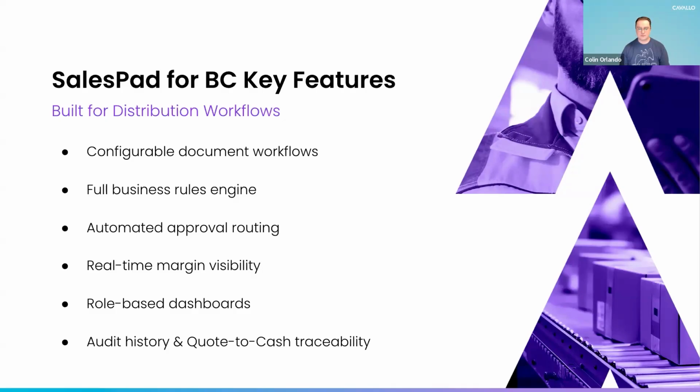And then role-based dashboards, so the ability to see based upon your role in the org, and then understanding the history of what happened. If I want to look at an order from front to back and understand what happened during the process, if there was a discount, where was it, why, who approved it, etc. So, whether it's quoting, order entry, or returns, we give you the guardrails to protect margin and optimize your operations.